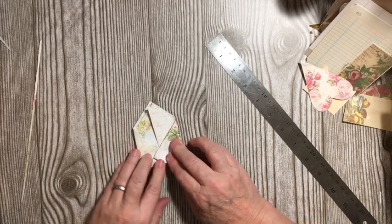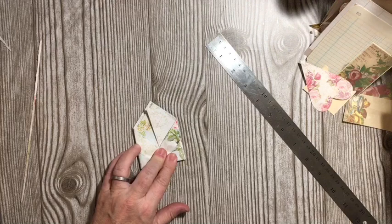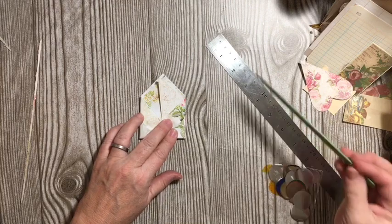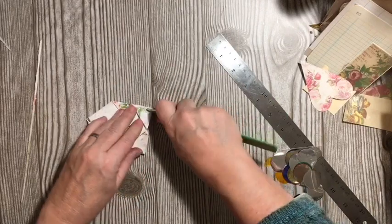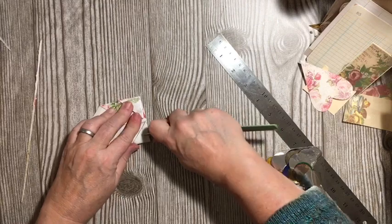Okay, and you can actually bring it in closer together if you wanted to, as well. Oh, what a difference. Much easier to press it down with your bone folder. Highly recommend pulling out your...